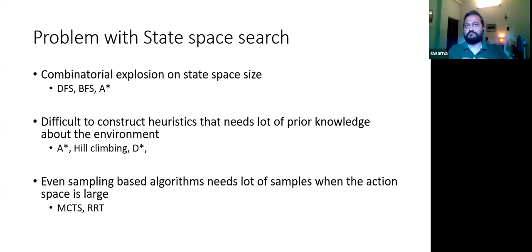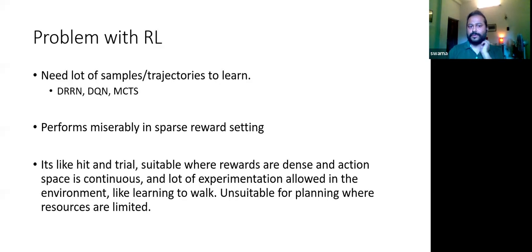Now let's say there are 10,000 actions. Out of 10,000 actions, you have to choose randomly a specific action. So if the action space is very huge, and you are going to do a random exploration, of course you have to draw a lot of samples. Otherwise, you will not get an idea of how the state space works in that region. So that's the problem with sampling based algorithms.